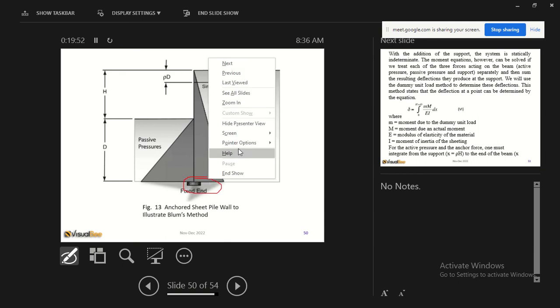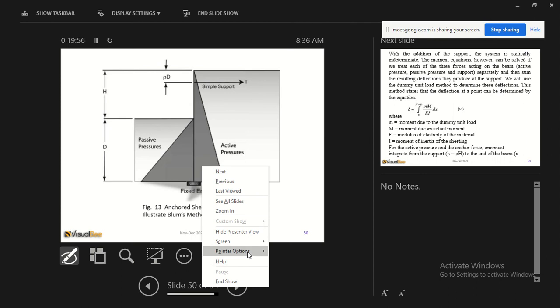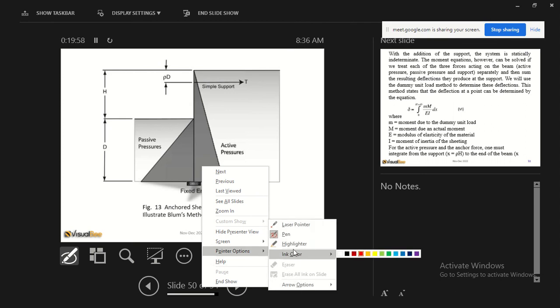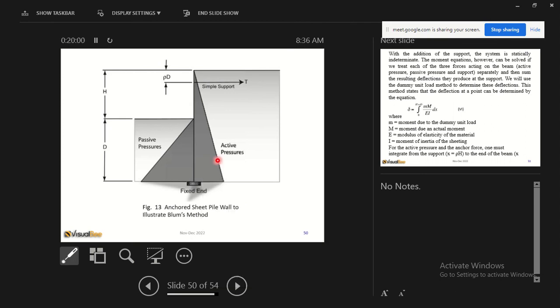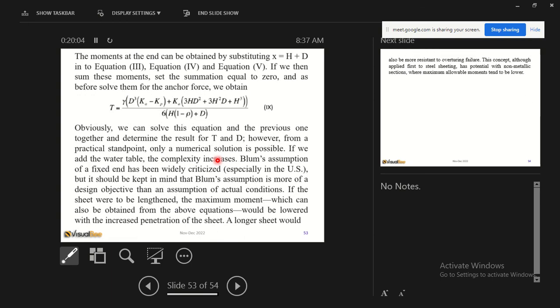This one you should know by now, because we have done this several times. When we sum the moments, set the summation to zero, and solve for the anchor force, we obtain